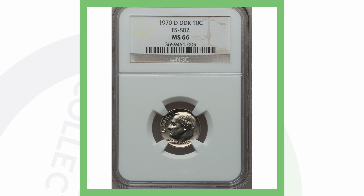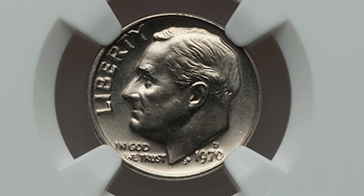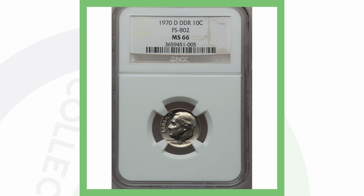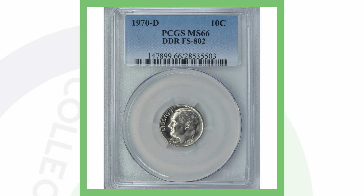Now this next one is a 1970D with a double die reverse. So that's exactly what we were looking at the beginning, and that's what we're gonna put underneath the scope to see if we can actually find. Now this one here does have a high grade. It's graded at a mint state 66. That means that it is in very good condition, and this coin sold for over $100. Now if we look at another double die reverse, same error, same type of coin, same grade, this one here